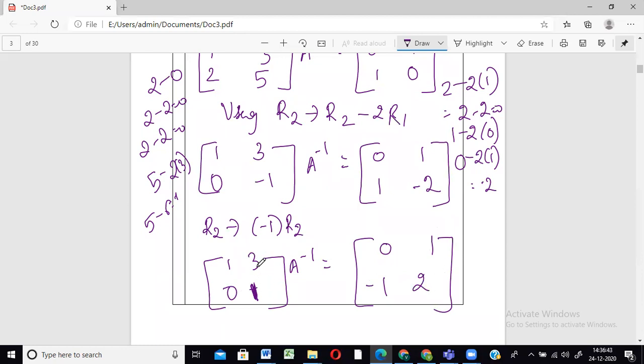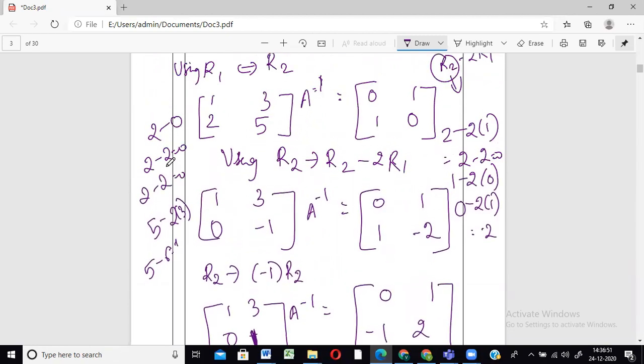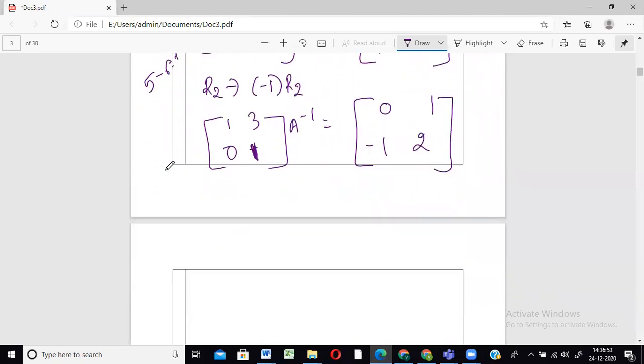Now the only element left is this thing. This one we now just have to make 0. 3 has to be made 0. How will we make that? Like how we made 2 into 0. How did we make 2 into 0? 2 minus 2 gave us 0, right? Likewise 3 minus 3 can easily give us 0 with the help of this row now. Okay? So R1 changes to R1 minus 3 times R2. Are you understanding? When I subtract thrice the second row, only then I'll get 0, right?